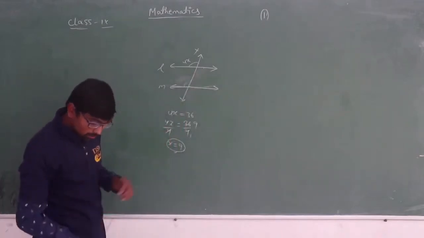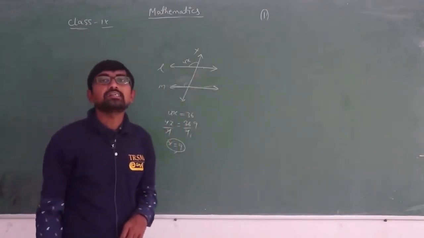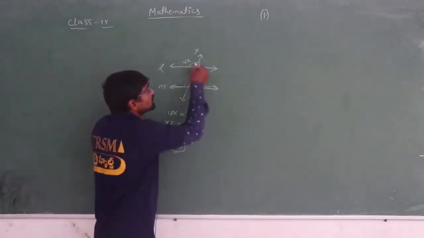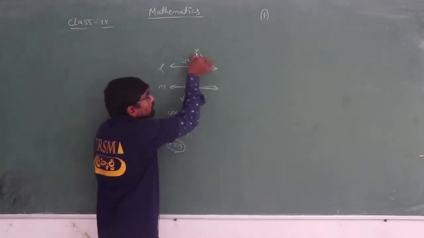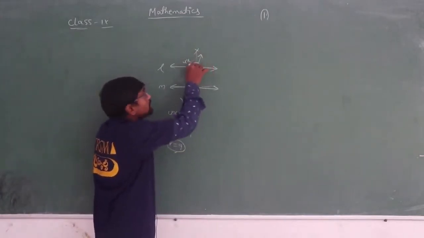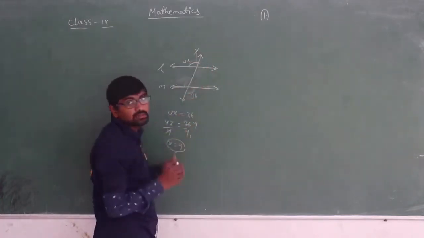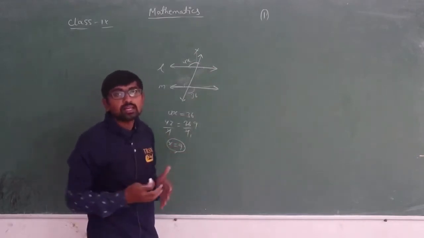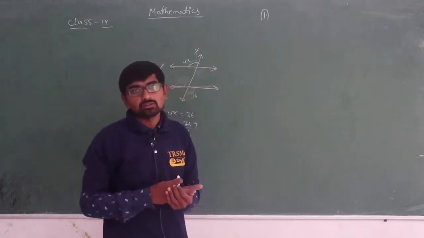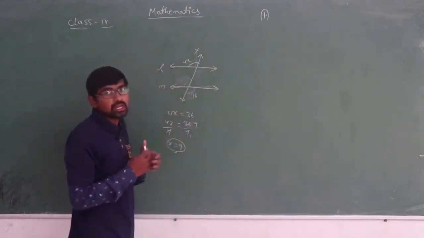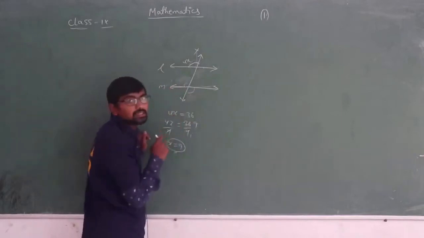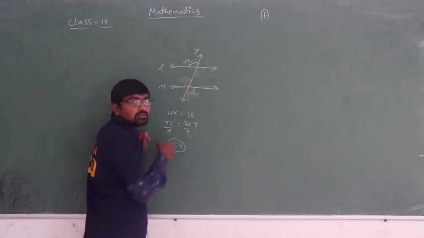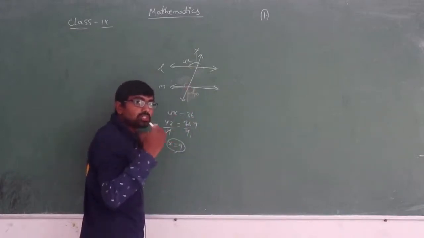And let me tell you one more thing. I can't take values depending upon my own wish. Till now, in such a problem, look at what I did. From here, if this is perpendicular, it is 90 degrees. Then how can I take this as 36 degrees? It is highly impossible, isn't it? Even if I am taking values on my own, I can't take whatever I want. Depending upon the situation, I have to take. I can't take this as 36, because if I take the perpendicular angle, till here it will be 90 degrees. Then how can this much angle become 36 degrees? So I have to take based upon the question.